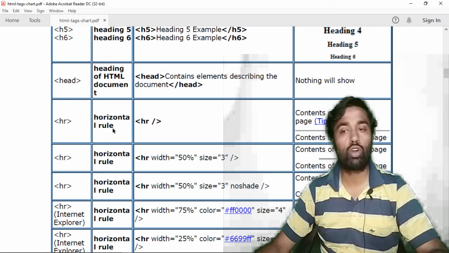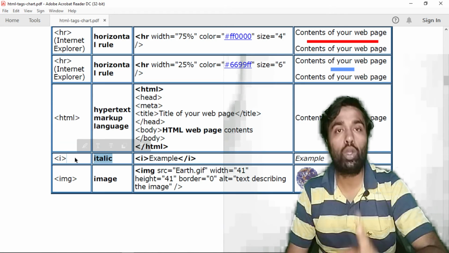If we talk about italic, I already told you about bold, italic and underline. You already know about bold, italic and underline in Microsoft Word, in the Microsoft Office tool. It is important to know that bold, italic and underline are also available in HTML. So you can write the I tag to create your italic font, or bold font or underline font.